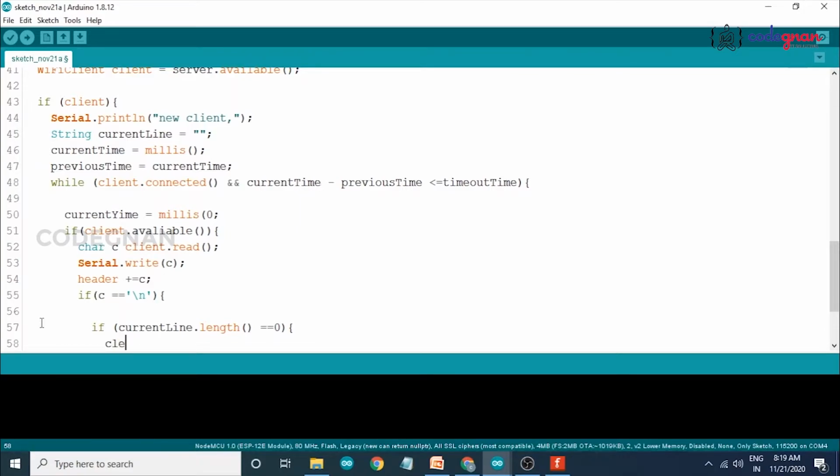you have to send data to the client, so that client dot println HTTP/1.1 200 OK.